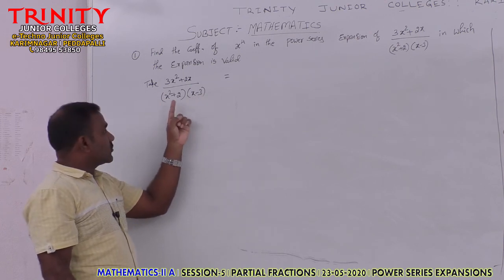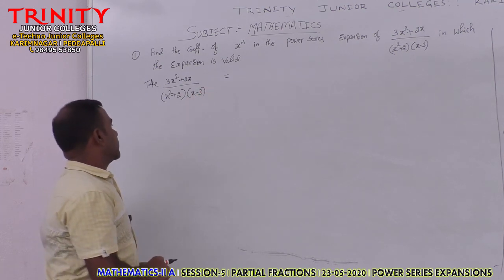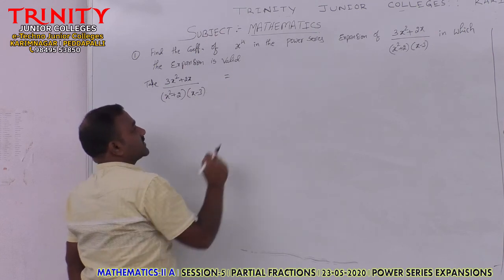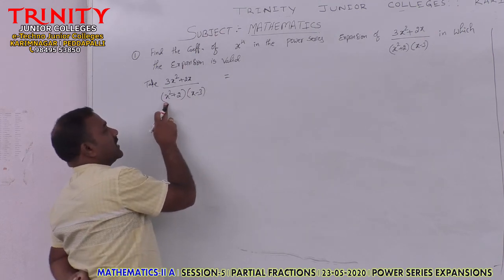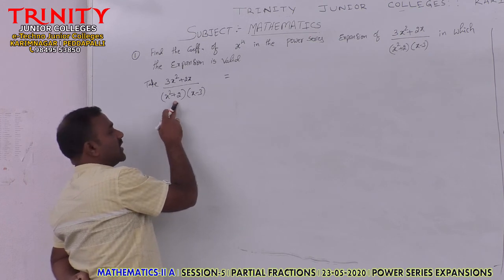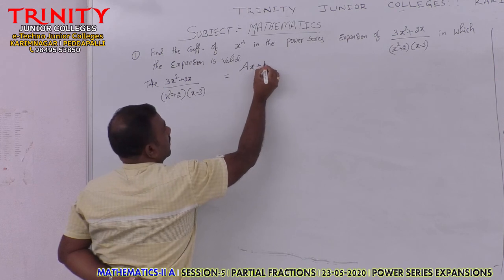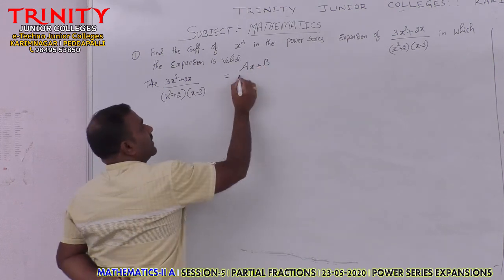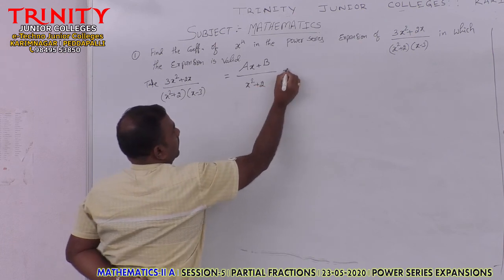The quadratic is irreducible, and this is a linear non-repeated factor. Therefore for the irreducible quadratic, its numerator should be in the form ax plus b, divided by the factor x square plus 2, plus